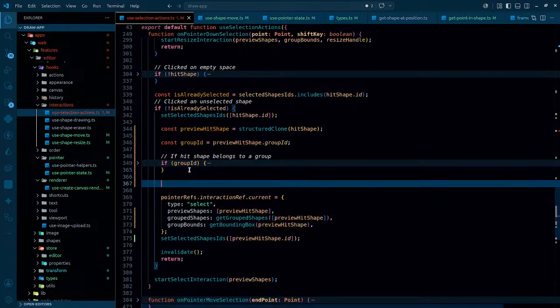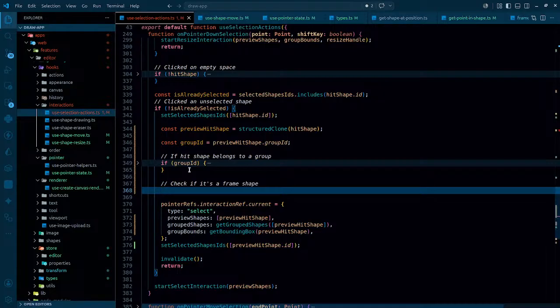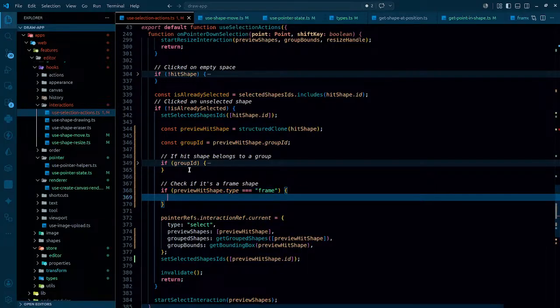One more thing, what is that? Check if it's a frame shape. So if preview hit shape dot type is equal to frame, in that case what do we have to do? It happens when the pointer goes down. So at this time we have to get all the child IDs. Once we get all the child IDs, we have to just simply save them,